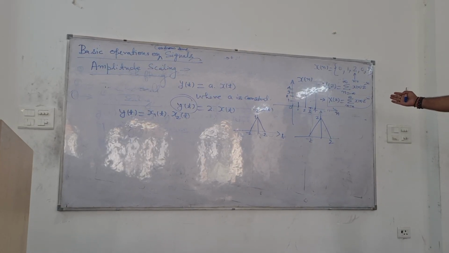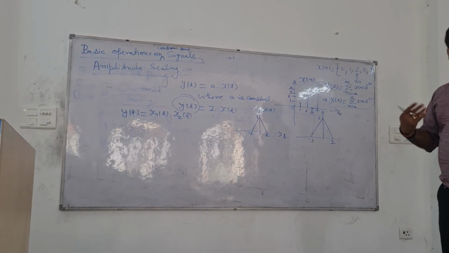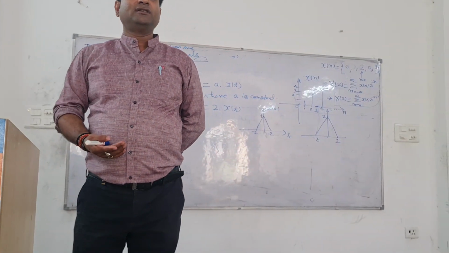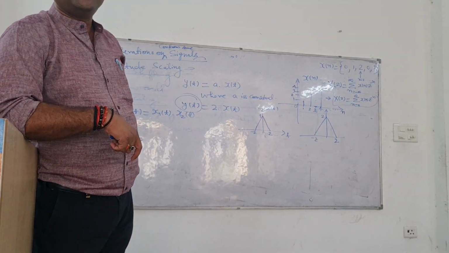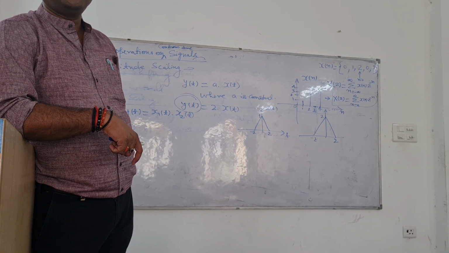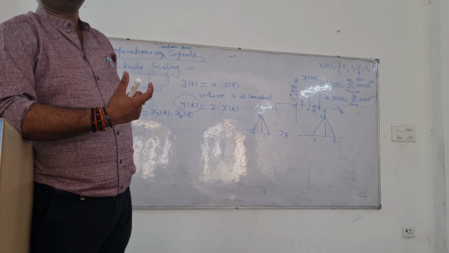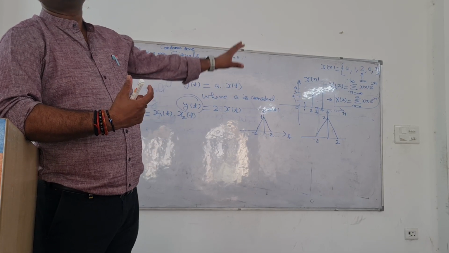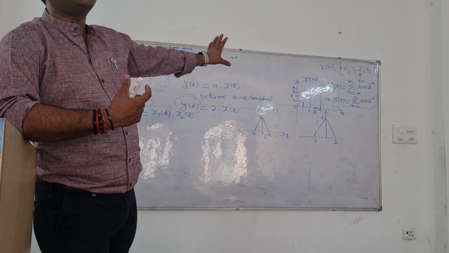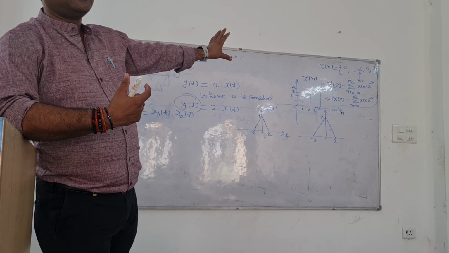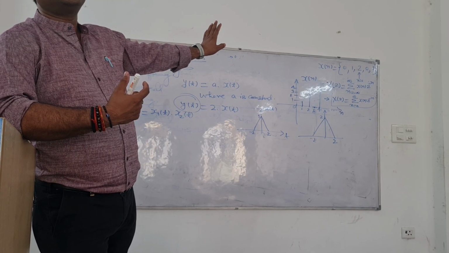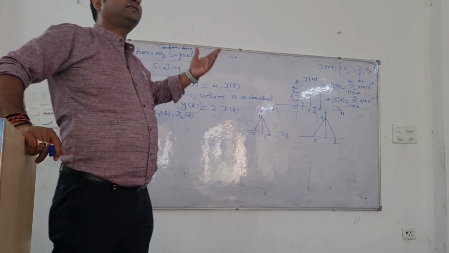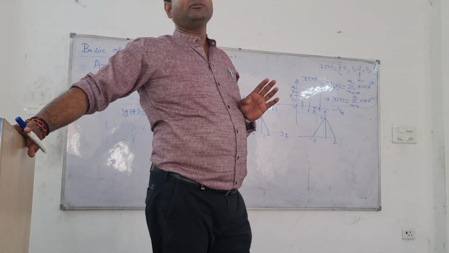Here this is the formula for the one-sided sequence, the one-sided Z transform. The lower limit is 0, the upper limit is infinity. Then, more precisely, you have written it for the finite duration sequence. This formula is applicable for the infinite duration sequence. These are the basic concepts of the Z transform. I will discuss it in the next unit.